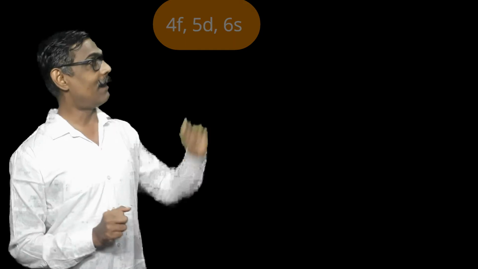So distance and penetration, all these things have to be made clear. Energetics should be clear. Whichever orbital has the lowest energy, that orbital will be filled. Now what in reality happens among those three? So the electron in cesium enters the 6s orbital. Which electron is it? The 55th electron.